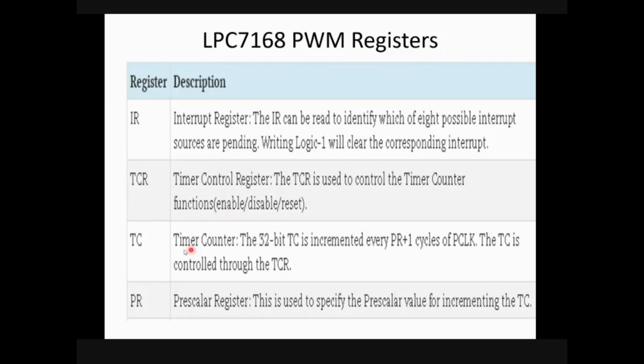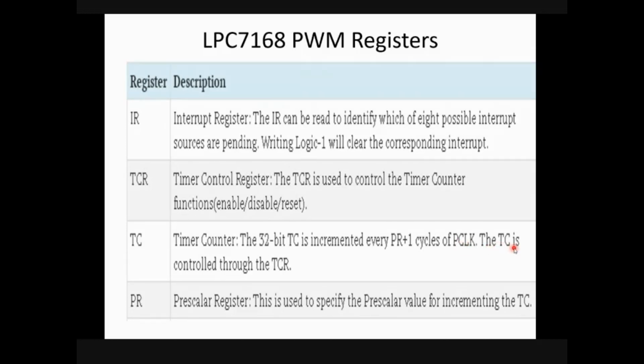The timer counter, in short form, we call it TC. It is a 32-bit timer counter and it will be incremented every time the PR+1 cycles of the peripheral clock are reached, where the clock period is that of your LPC 1768.